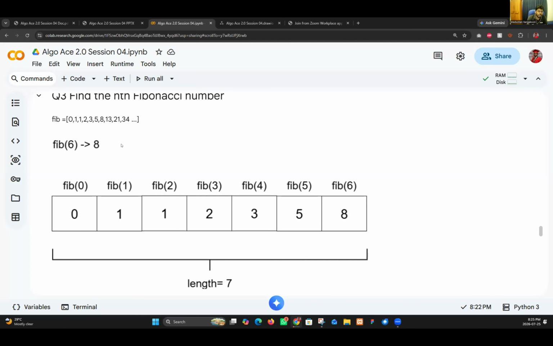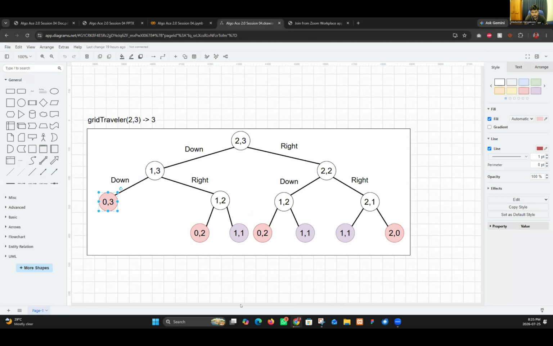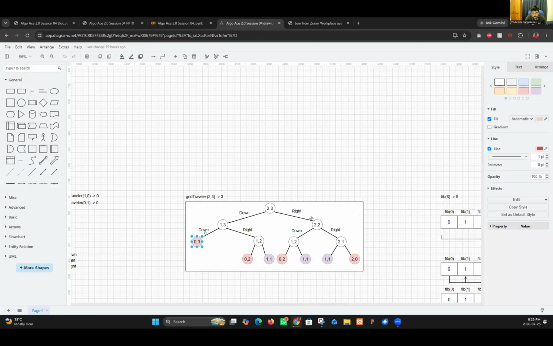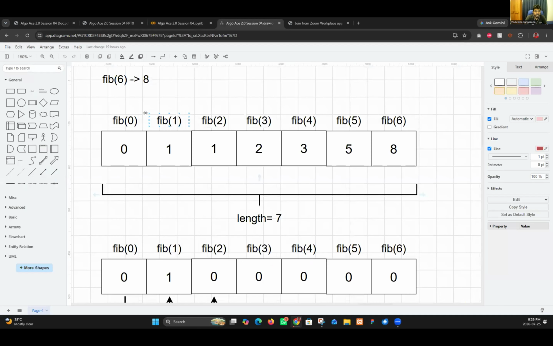I mean, the first one will be considered 0, 1, 2, 3, 4, 5, 6, likewise. So this is our base case, right? This is what we're going to build up.